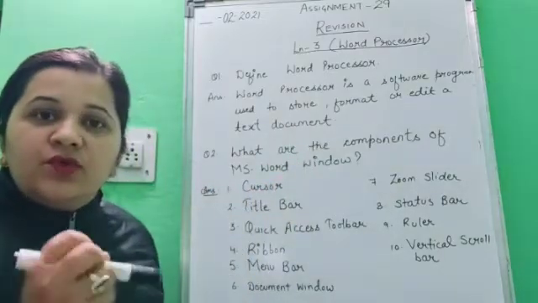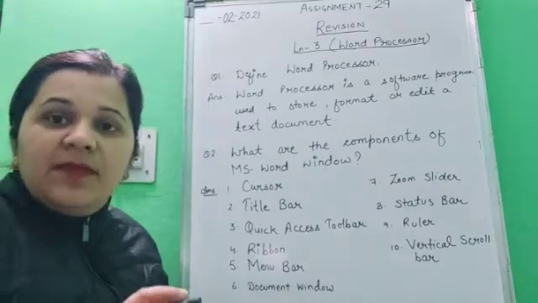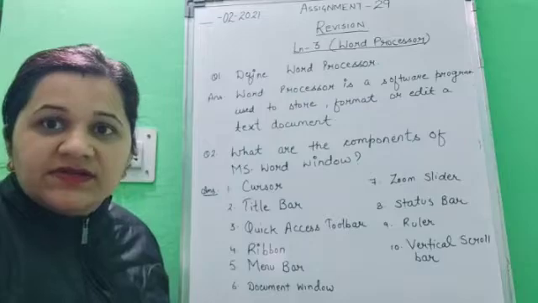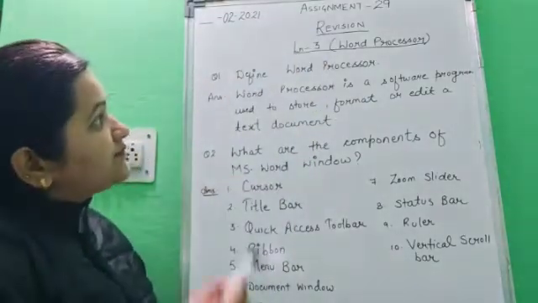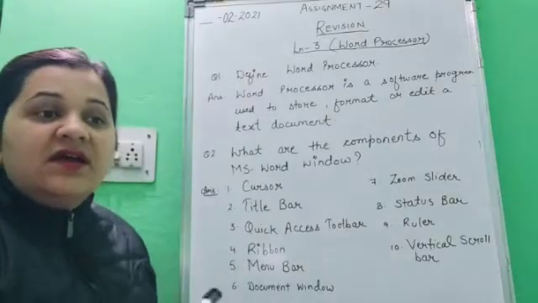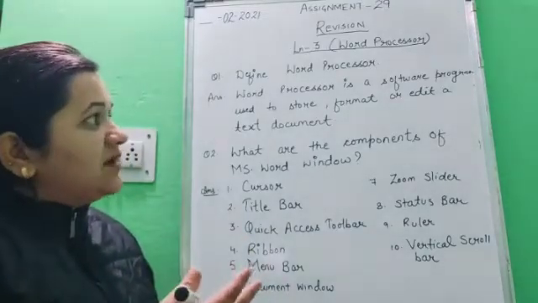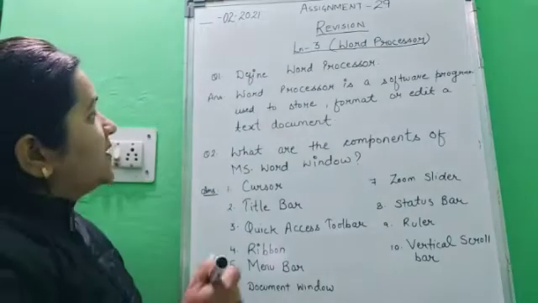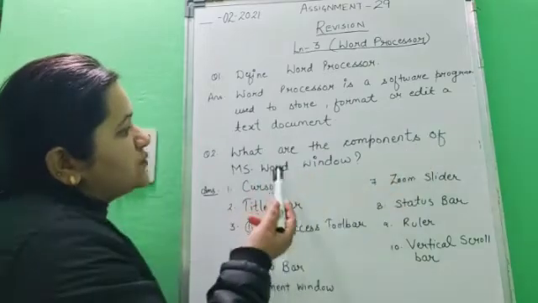Now children, whenever we want to write something, we use a notebook and a pencil, but if we want to write something on a computer, then we need some software. Those software are called word processors. Why are they called word processors? Because they are specially designed to write something, format something, or edit text within the document. Okay children? Now the next question: what are the components of the MS Word window?